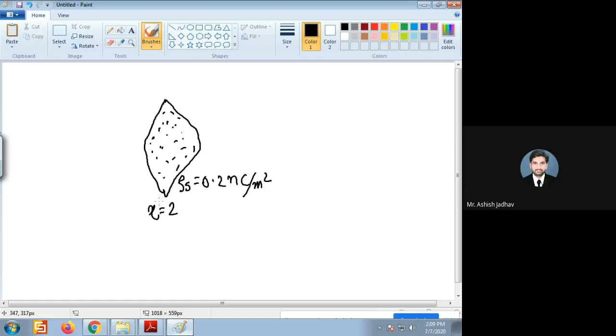Now we have to find the electric field intensity at the origin, and we know that origin means 0, 0, 0. So where should I draw this origin? If I consider this surface at x is equal to 2, the origin would be in this direction or in this direction.